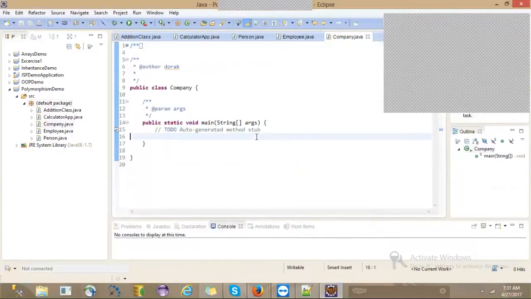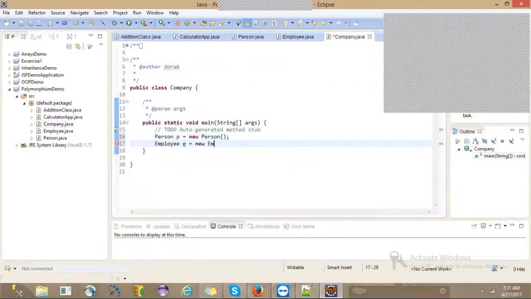Here we write Person p equals new Person, and Employee e equals new Employee.